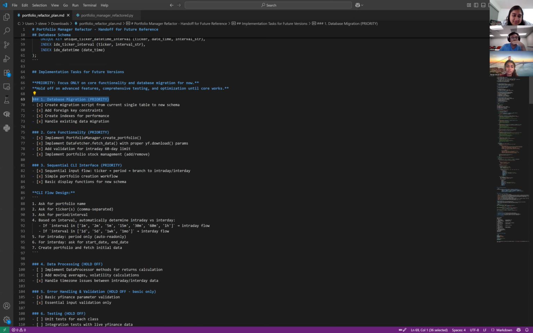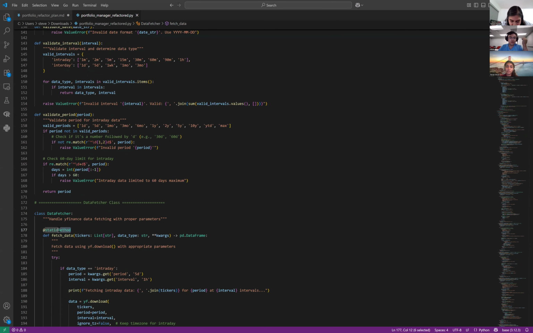I think some of the biggest ones were database migrations. We added a lot of foreign keys. Oh, we didn't add indexes. My bad. And we handled this by just deleting everything. So that works. The main part that we did though were core functionalities, which include rewriting everything to include classes,